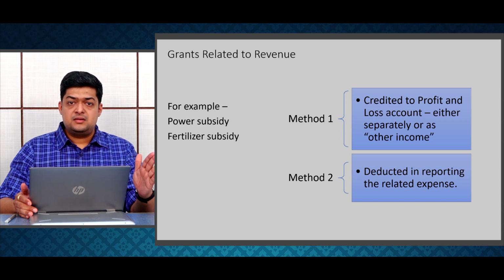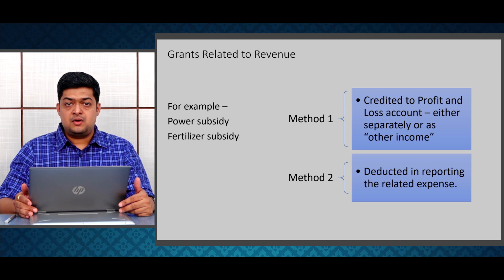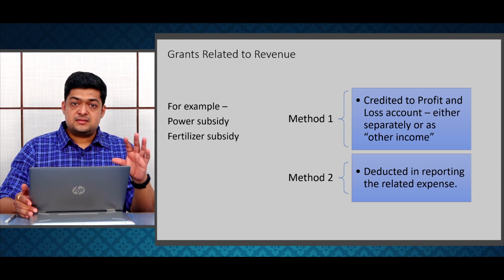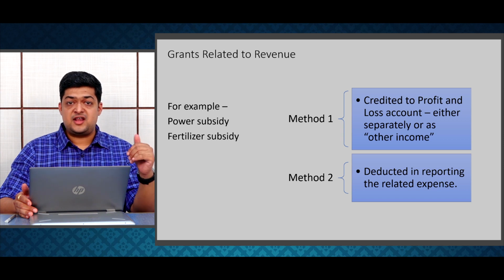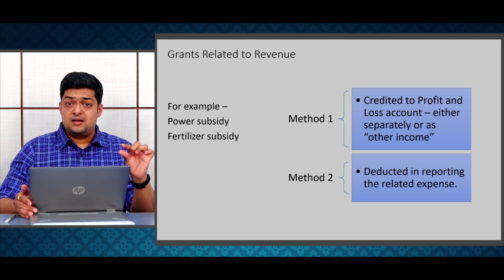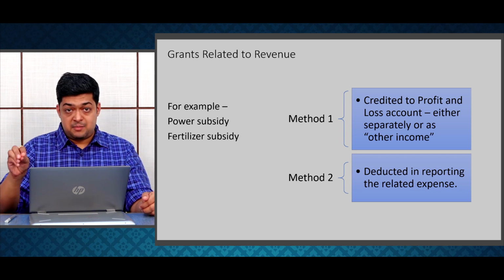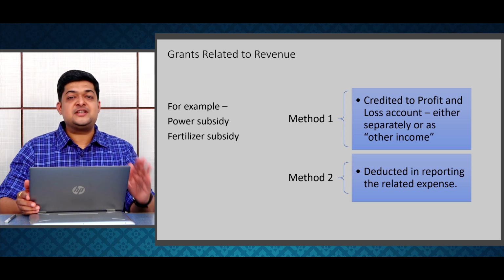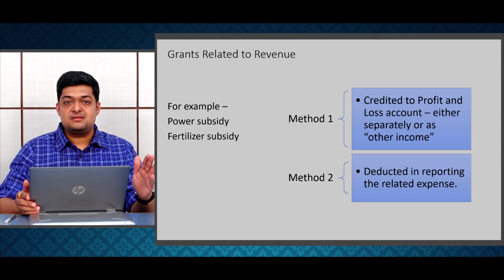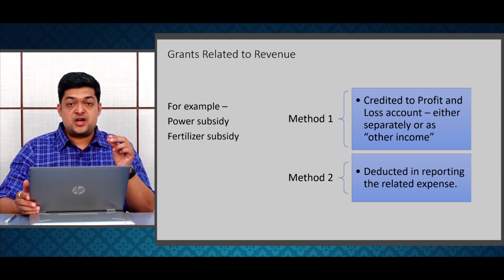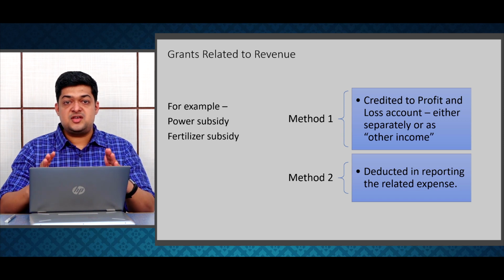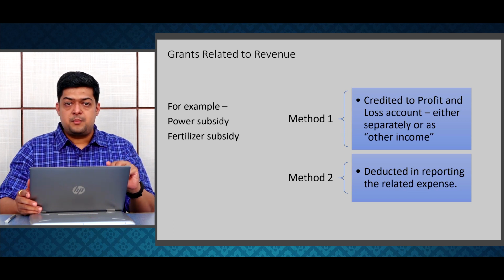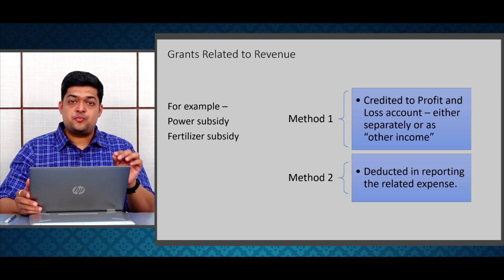For example, suppose there is a fertilizer subsidy or a urea subsidy. So what happens is, these fertilizers are controlled by the Department of Fertilizers, which comes under the Ministry of Agriculture, and they ensure that the farmers get these fertilizers at reasonable rates. So they subsidize these products, and what they do is, suppose the cost of manufacturing a fertilizer bag, suppose 10 kg, is 100 rupees hypothetically, but government wants that the farmer should get it at rupees 80.